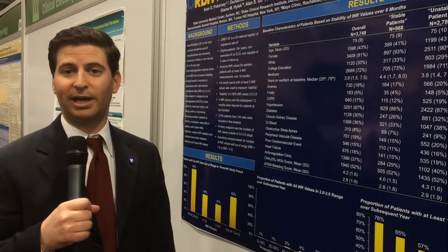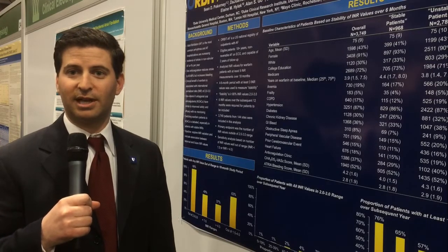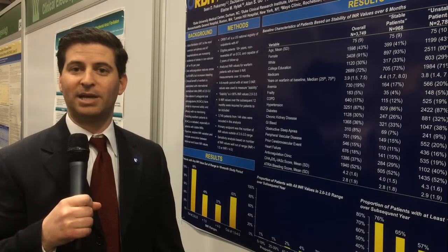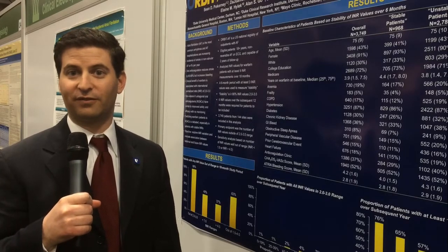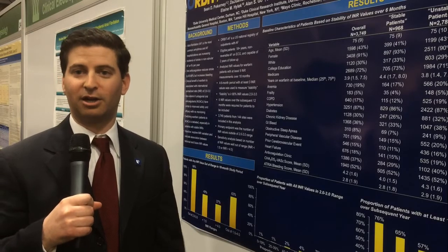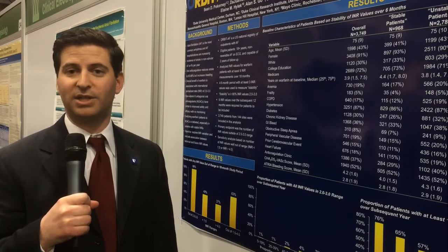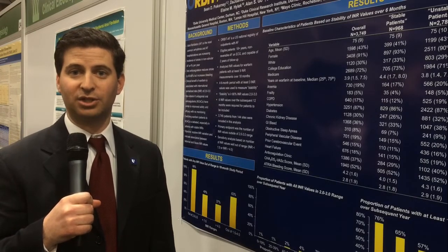Within this group, we had about 3,700 patients who met those qualifications, and we looked in a landmark type analysis to see how many patients had INR values in the 2.0 to 3.0 range over the first 6 months, and then looked to see what their subsequent INR values in range were over the next year. And we defined stable patients as patients that had at least 80% of their INR values in range for that